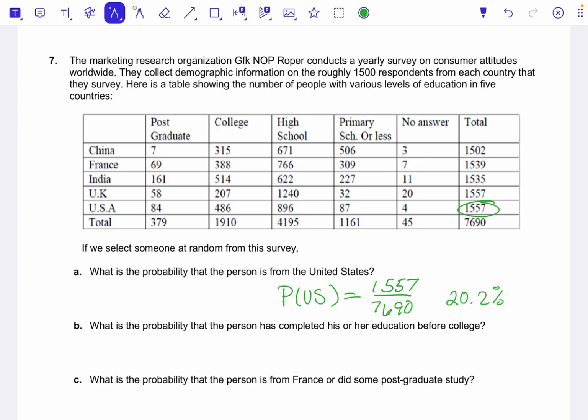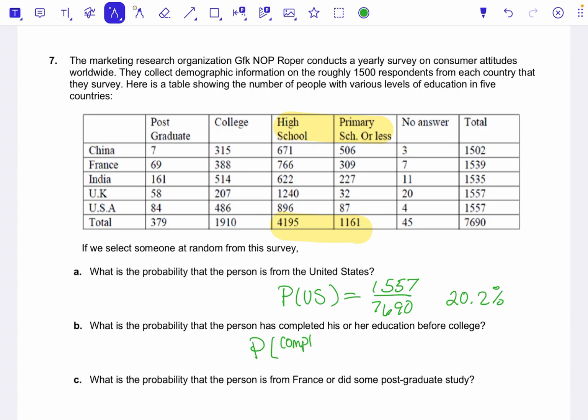The next, probability that a person has completed his or her education before college. So if we're thinking about before college, that's all of these columns. Well, not the no answer column. We don't really know what those are, but it's high school or primary school or less. So we're basically totaling up those two numbers. And so probability